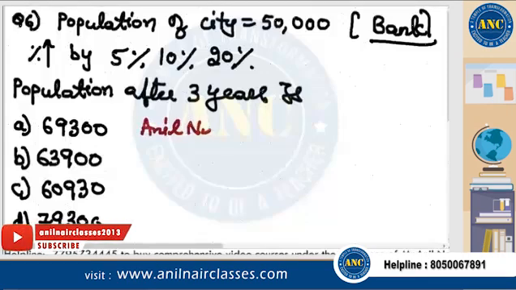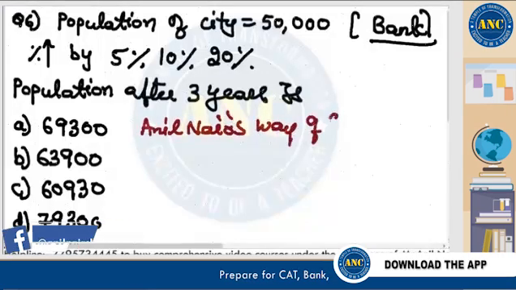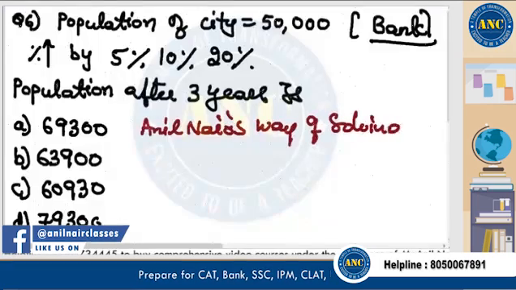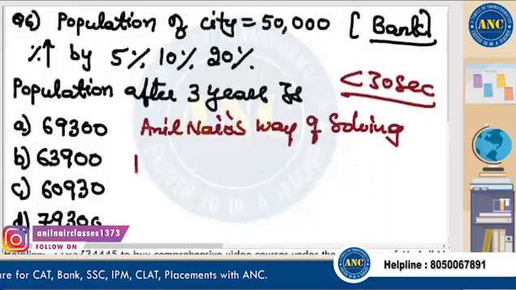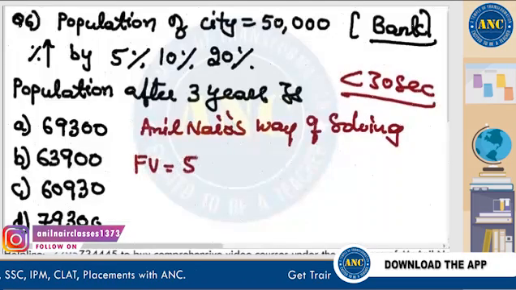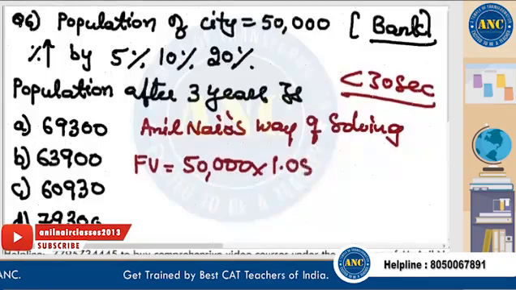Anil Nayar's way of solving: maximum less than 30 seconds, you will get the answer. If you understand the question, the initial value is 50,000. It is increased by 5%,